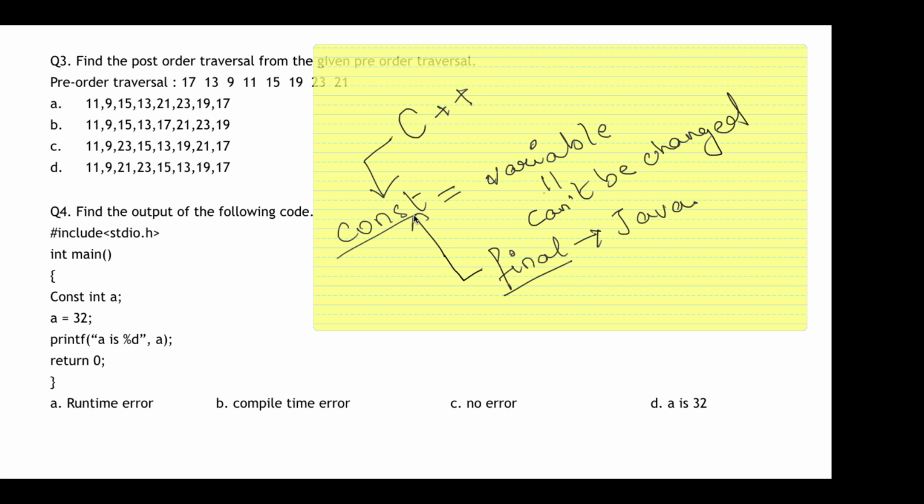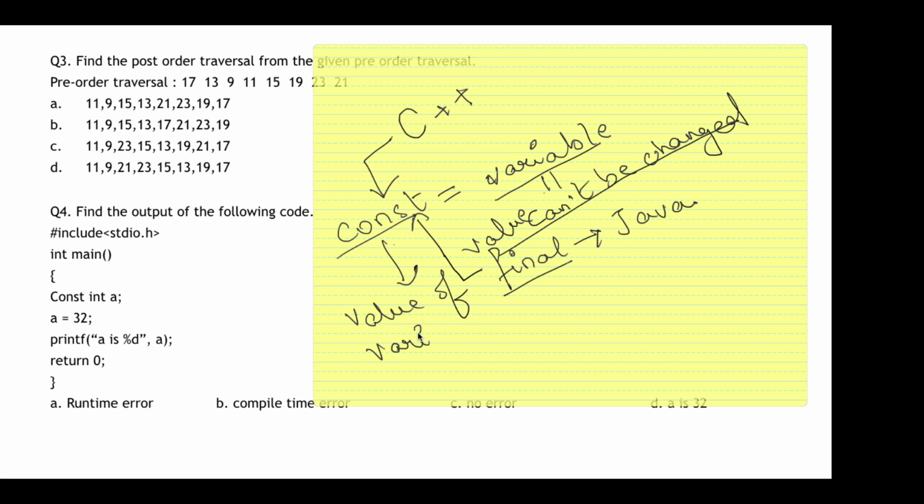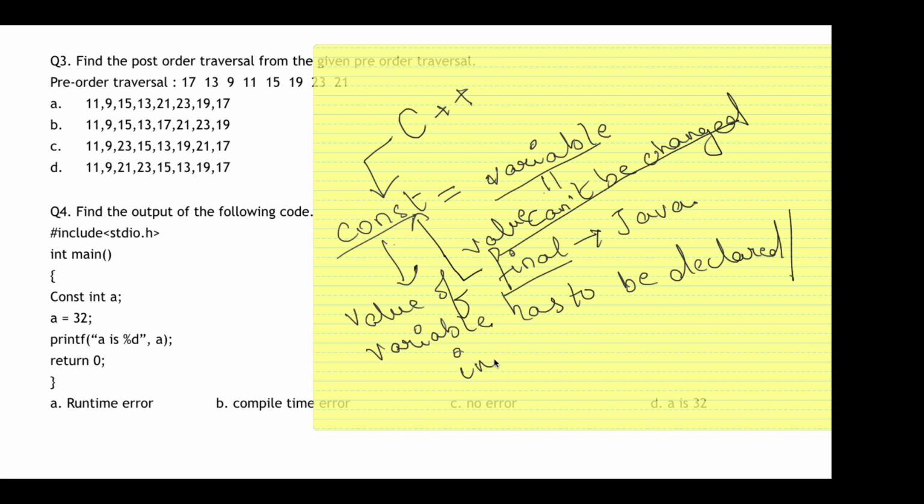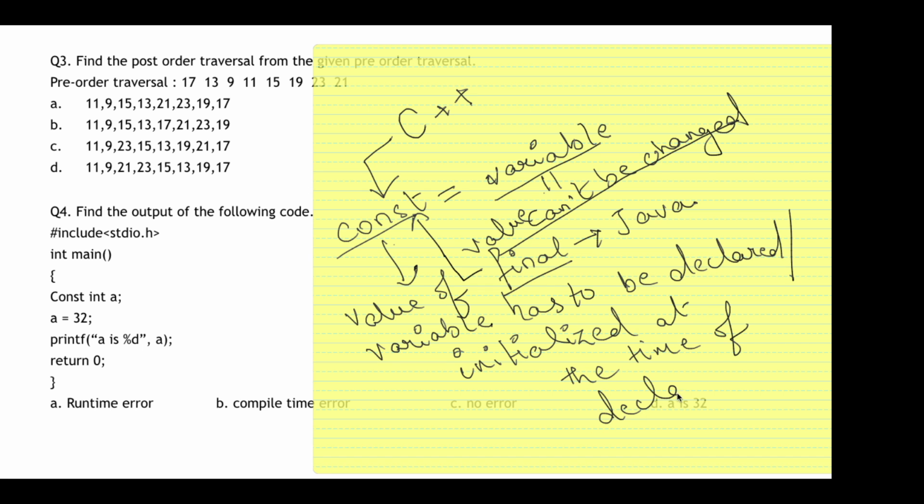Now always remember the second point. The first point is that the variable's value can't be changed throughout the program. The second point is that the value of the variable has to be declared or initialized at the time of declaration of the variable.